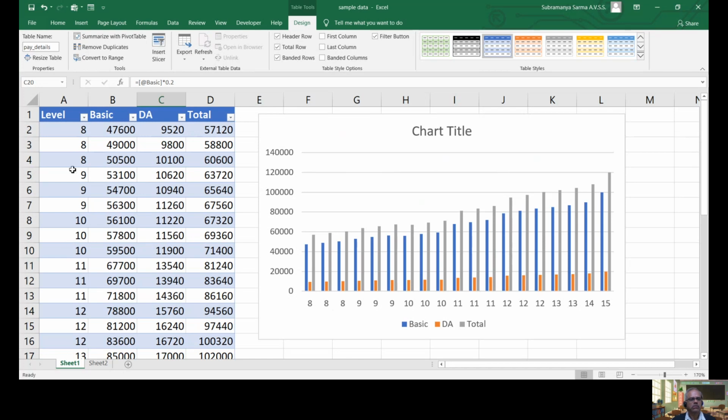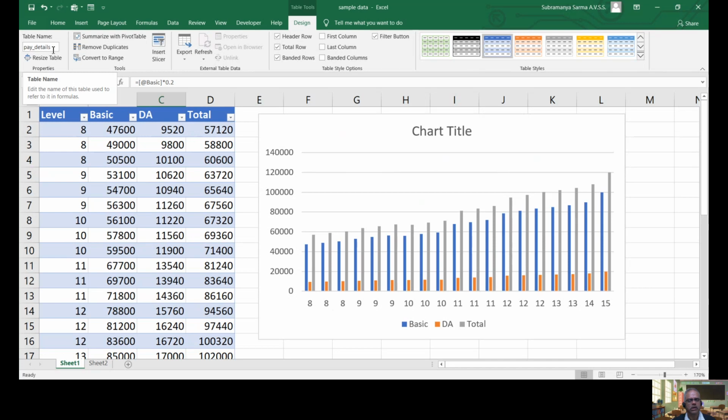It will allow you to give a table name, and once you give a table name, that table name can be used. Of course, if you have not given one, Table1 will be there, and Table1 can be used in any function also. The table name and column names can be used in any function. That is the additional advantage with tables.